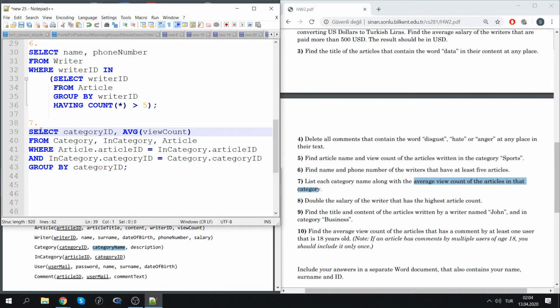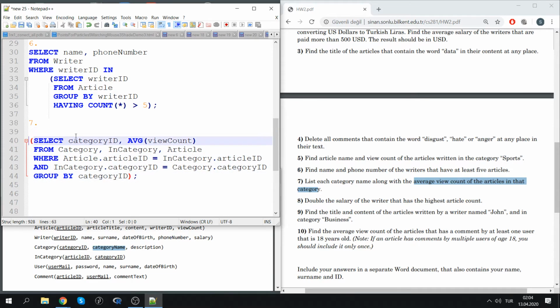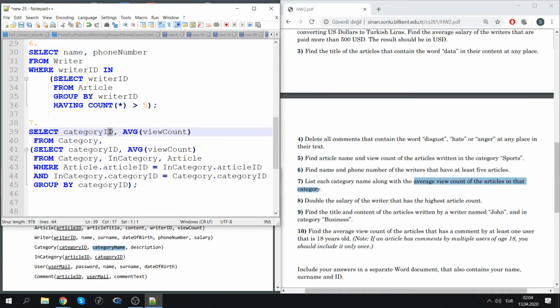Then I would need to get this as a subquery and make the join operation to get the category names as well, if the category name is not unique. If there are multiple categories with the same name and they, let's say, have different articles in them, so they would have different average view counts, then I would need to select the category name this time,